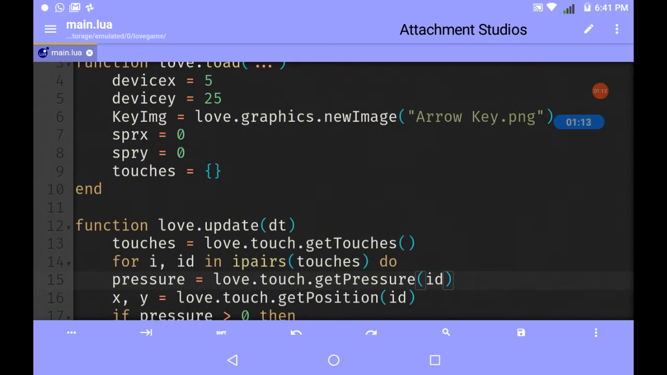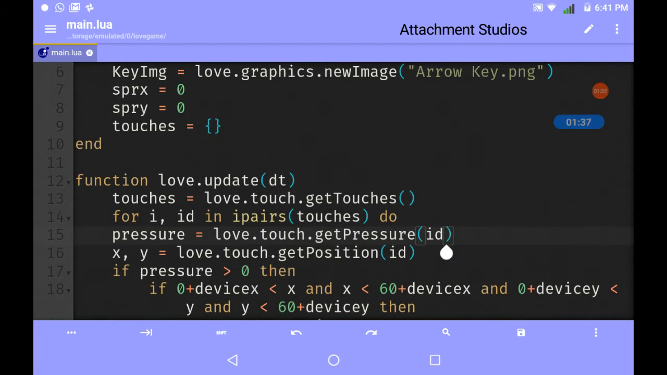That is character X, the X coordinate of the character, and the same for Y, character Y. I have represented it as SPRX and SPRY, that is sprite X, sprite Y. These are the coordinates, and we also need a table, touches, that will carry some touches, touch IDs, and